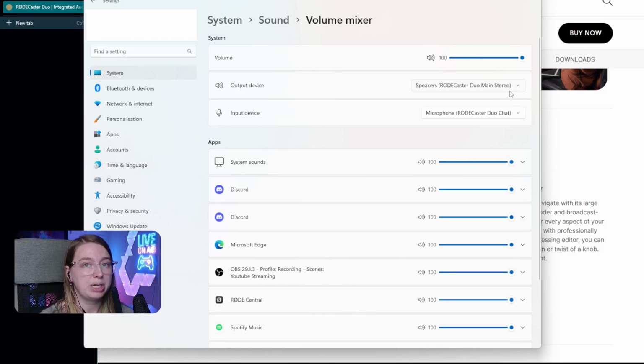And with the USB-C 1, you also get another channel, which is the Rodecaster Duo chat. So this is basically what you can use to configure your microphone, your chat if you're talking to people through Discord and so on and so forth. So like I said, when you're using one USB-C, you get 2 channels. However,